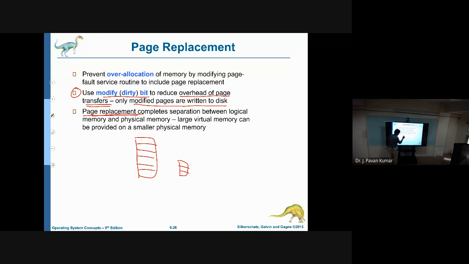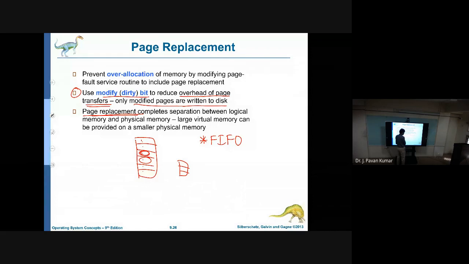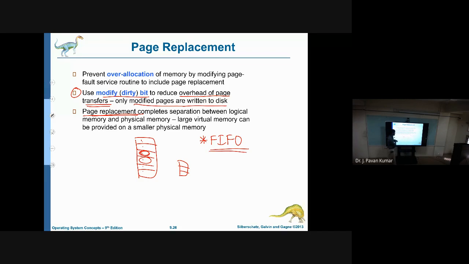Now, if all frames are filled, then in order to bring one new page into the main memory, we have to replace one of the pages. That is called page replacement. Now, how can we select one of the pages? That is the page replacement algorithm strategy. Among the available page replacement algorithms, we mainly have first in first out. First in first out means whatever page we loaded into the main memory first, that page we select to replace. That is first in first out, as we discussed in the last class.